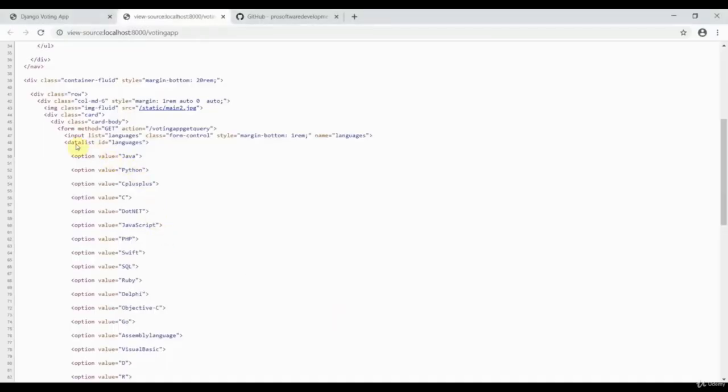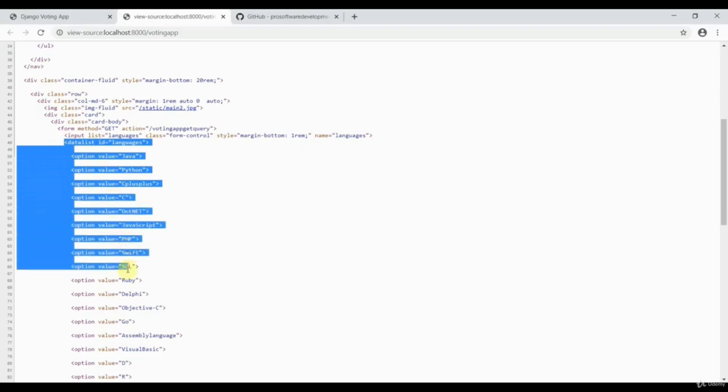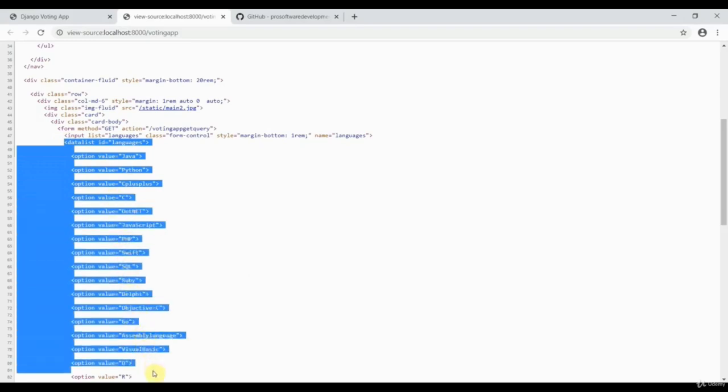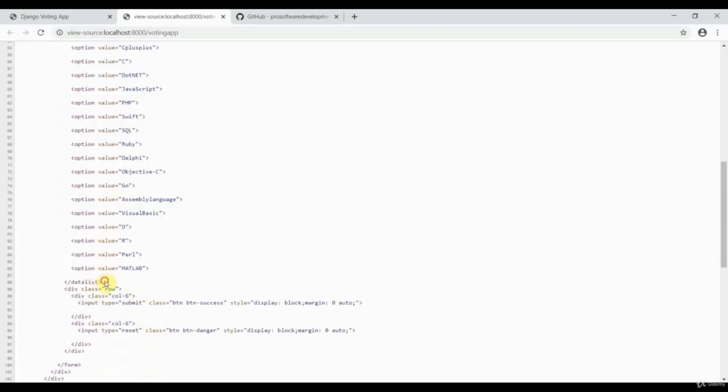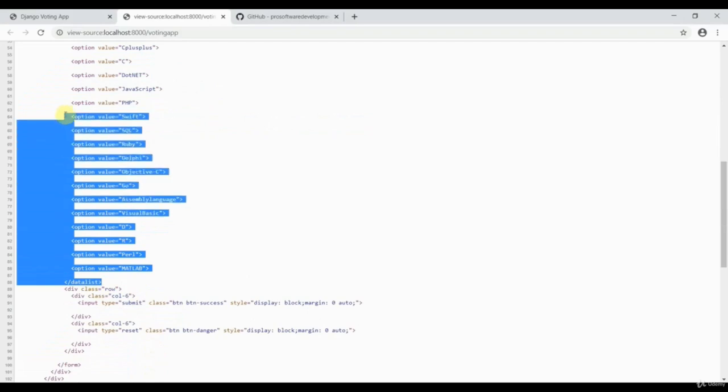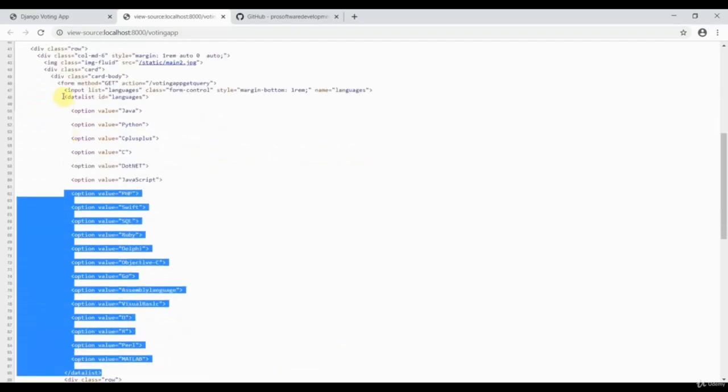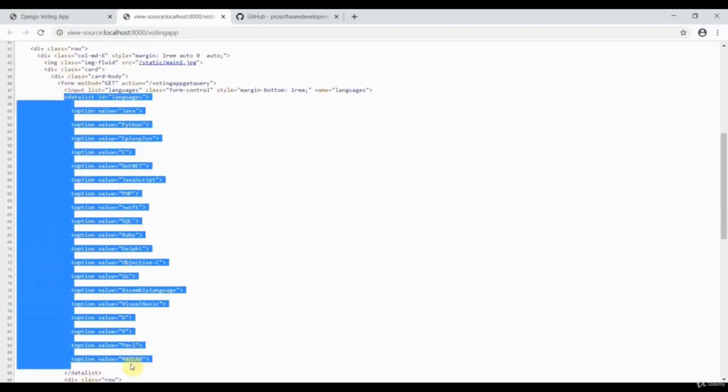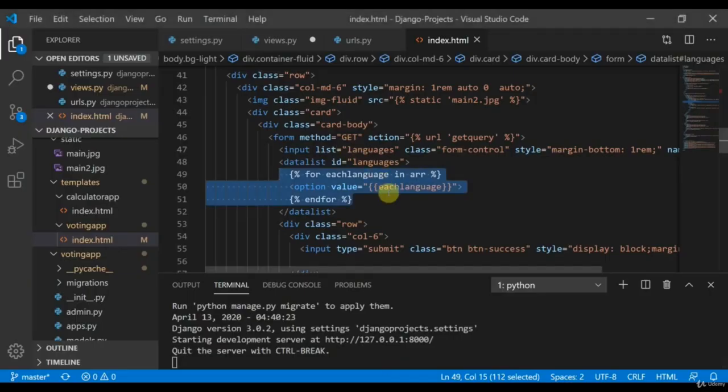So here you can see, with the help of a dynamic template, basically the Django template, we got a list of option values. This is perfectly fine. With the help of a single for loop, we were able to generate the option values in a much better way. So this way we could generate them dynamically.